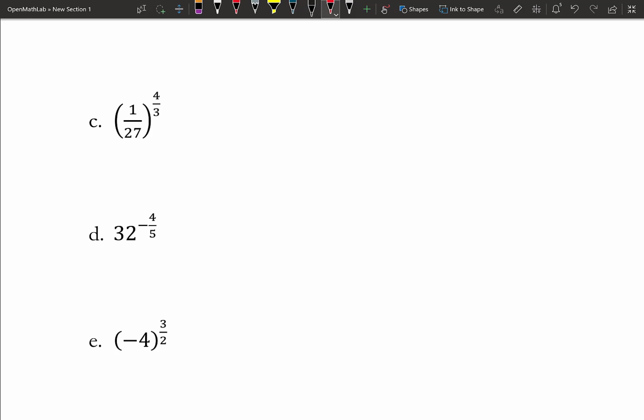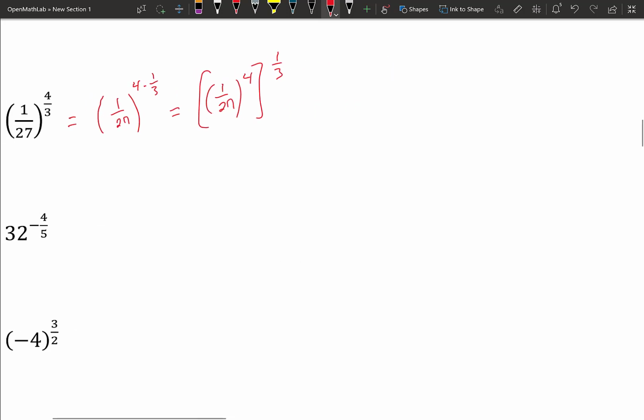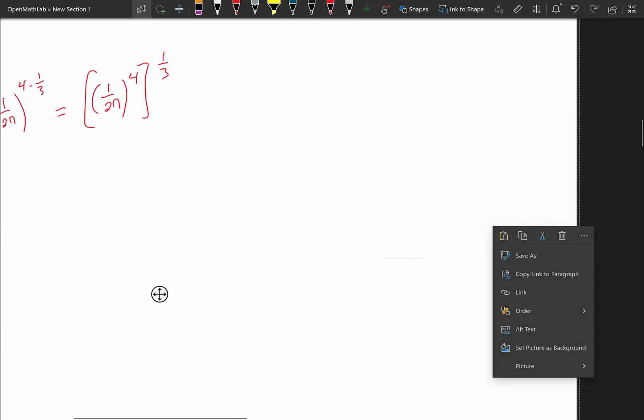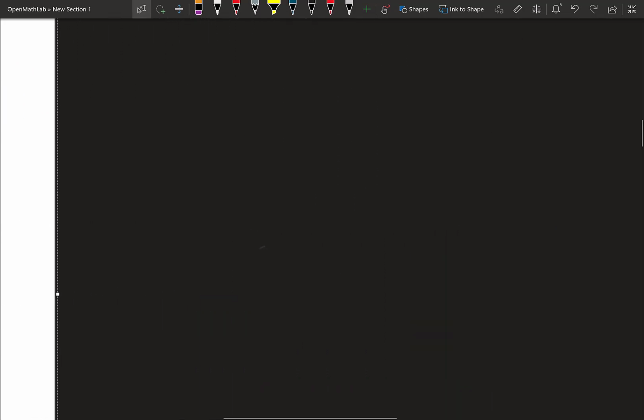Right, so the next one would be equivalent to 1/27th raised to the power of 4 times a 3rd, which would be the same thing as 1/27th raised to the 4th power, all raised to the 1/3 power. So the power to power rule. And then a rule, let me come off to the side, a rule that we want to think about here